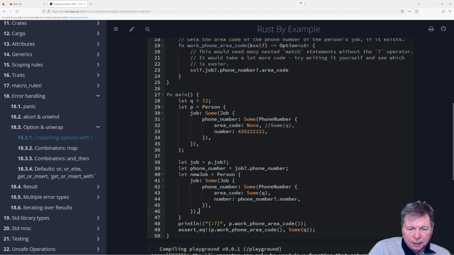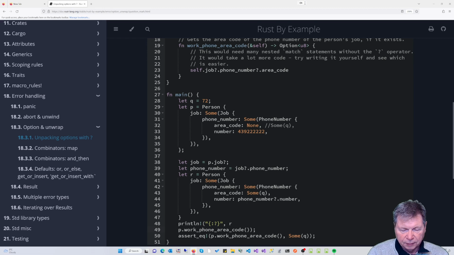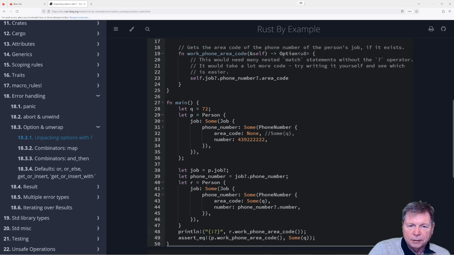And then actually this would be, let's call this R to keep things, and then we can go R, if that works. Let's try that.